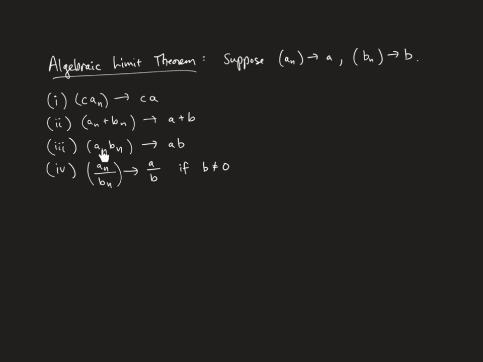Okay, and the limit of a product is the product of the limits, and the limit of the quotient is the quotient of the limits, provided that the denominator of that limit is not equal to 0. So as long as this doesn't converge to 0, then this holds. These are standard and familiar things from calculus, but we want to make sure that we can prove them from our definition.